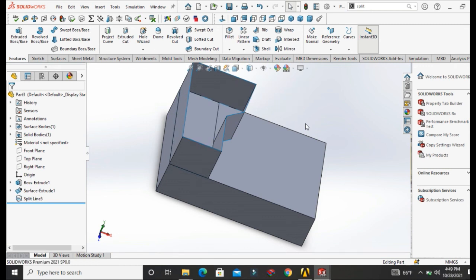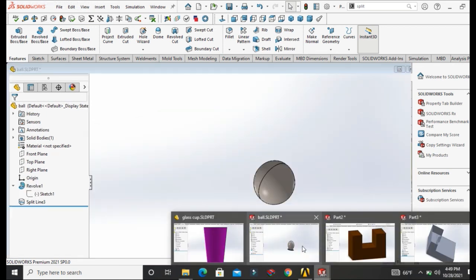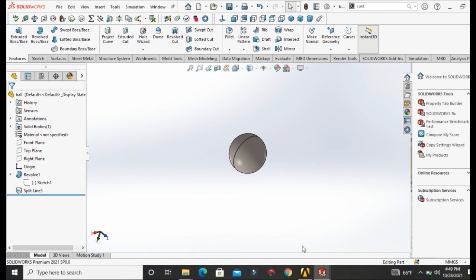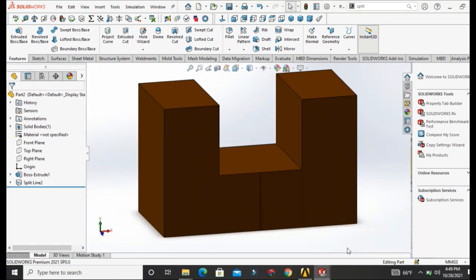So that's how these three types of split line work. They give the same result, but the means of operation are different. I hope you are able to distinguish between these three. A silhouette can work on any faces, any shapes: circular, rectangular, any shape. But note that a silhouette must work with a plane and a face. While intersection works with two faces intersecting together, joining together. And for a projection, you need to sketch a line